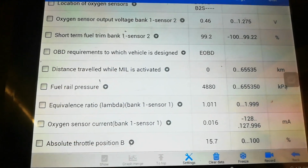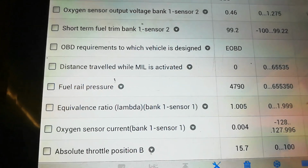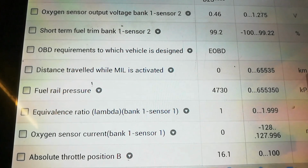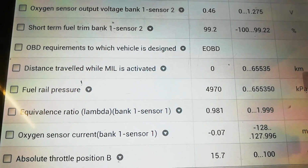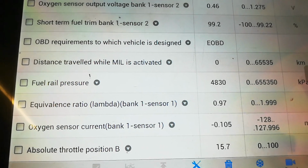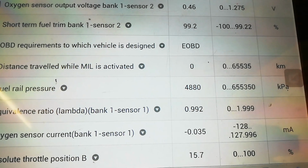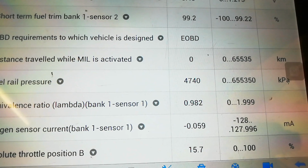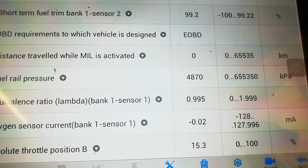Yeah, equivalence ratio. Right, okay, that's supposed to be a wideband lambda on it then. So if it's at lambda, this should read 1. If it reads 1, it means it's in stoichiometry, which is the ultimate ratio of 14.7:1 fuel and air mixture, and you want that to read steady, as near to 1 as possible. It will probably maybe not be 1, but in this case it's